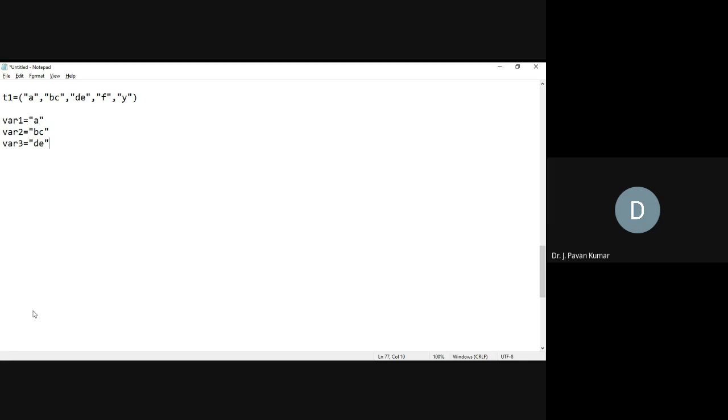Even for strings, A can be considered one variable, BC another variable, DE another variable. Like that, in this tuple, how many variables are we getting? 5 variables, as we have 5 values. All these 5 variables we are grouping together. Try to understand the simple intuition.